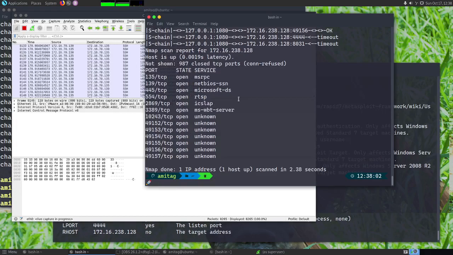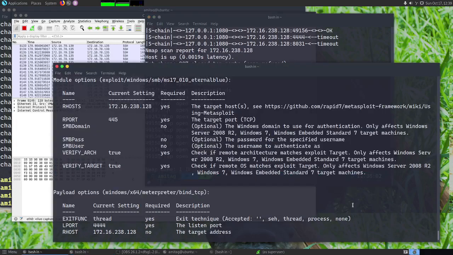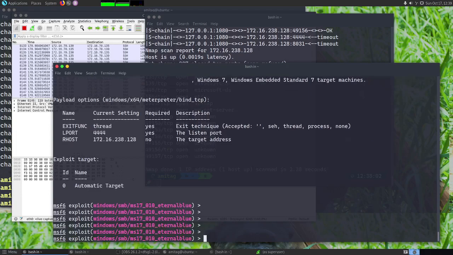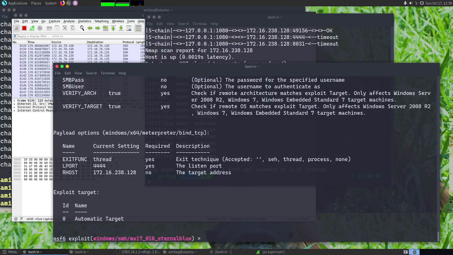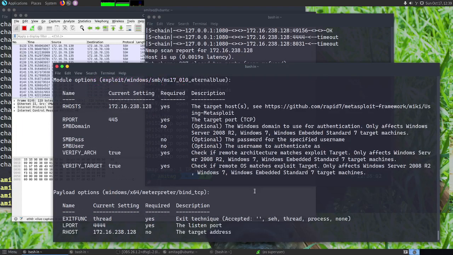and we can run other nmap scans as we require, or we can even use MSF console. So I'll show you how I have set up the MSF console. I have used MSF console, and I am using exploit windows smb ms17_010 EternalBlue, which is basically the MS17-010 vulnerability in Windows 7, right?